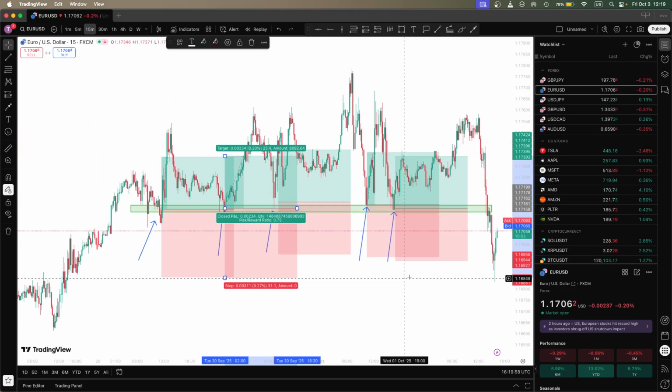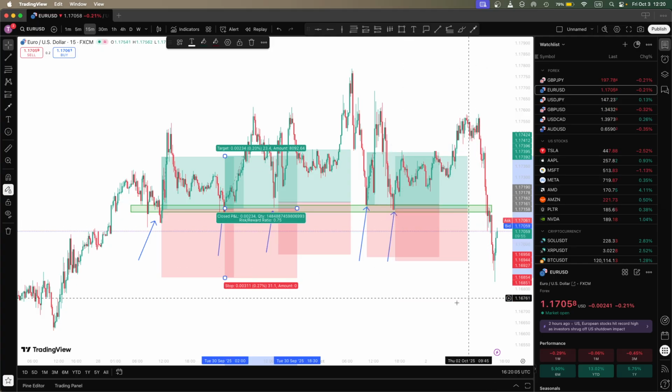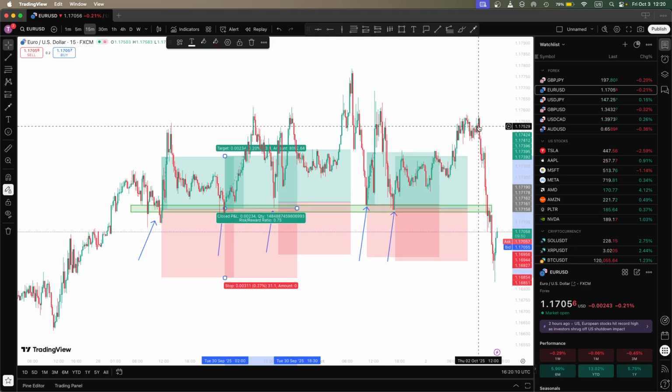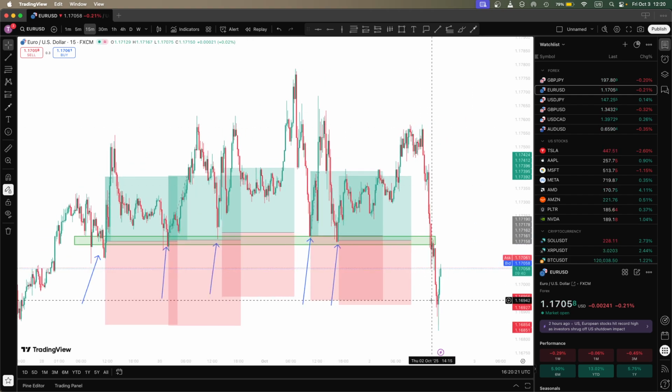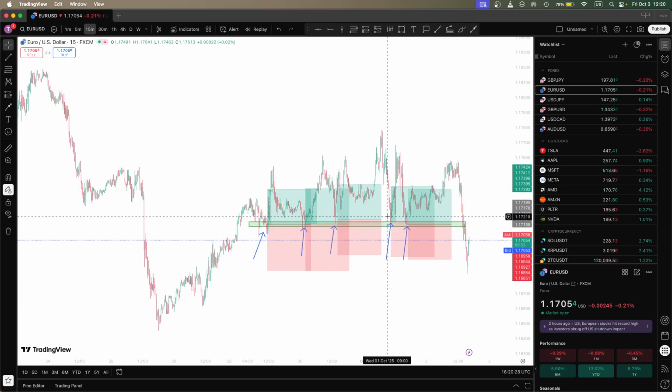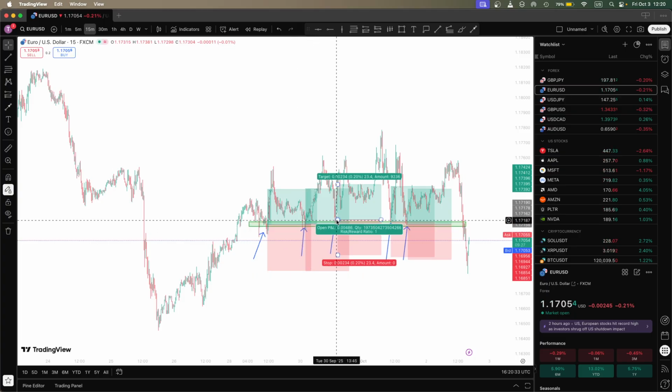So what tends to happen is when a collective group of people do the same thing, there's a lot of orders or a lot of stop loss, or what we call liquidity, because stop loss is equivalent to money. So this is basically market coming to those areas to take the liquidity and then go back in the same direction. You can call this a spring or a manipulation or whatever you want, but I look at it as a point where there is a lot of one-sided traders doing one thing,